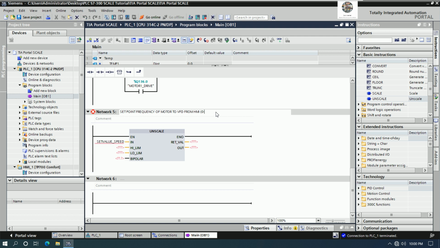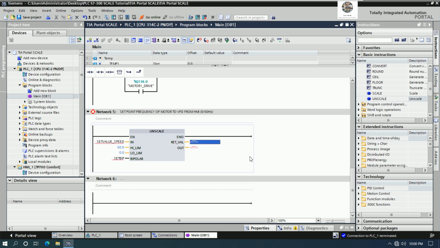Yes, my motor is 0 to 50 Hz. So here I can put 50.0, start from 0.0, and here is the bipolar. So for example, set BP, yes,